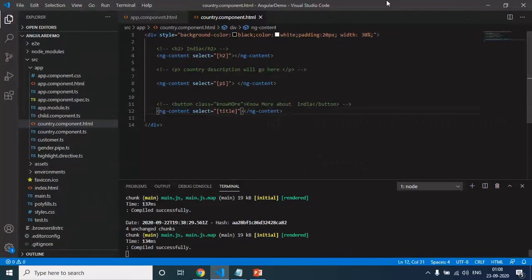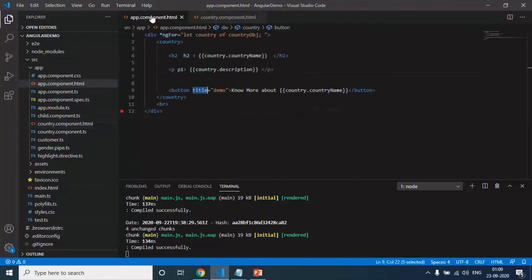So you saw how we can project content using different mechanisms, like we have ID selector, attribute selector, class selector. Using different mechanisms we can project the content. And you can see that we use ng content for projecting dynamic content. And the way we use it is inside the opening and closing bracket.